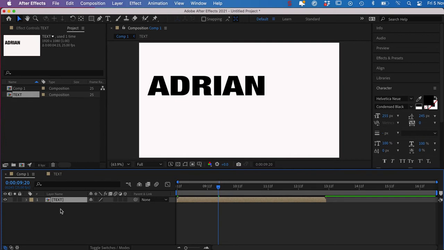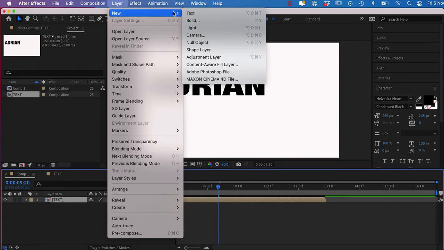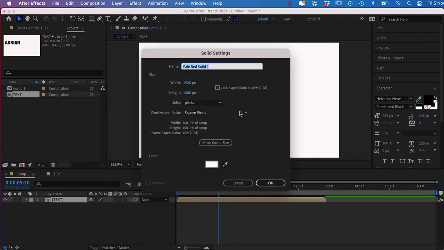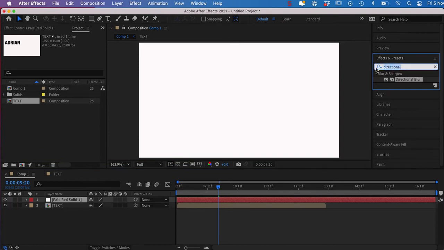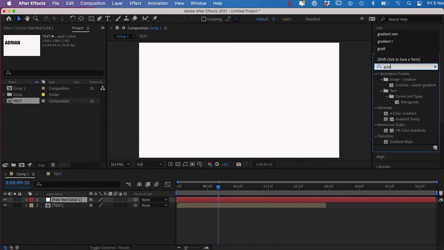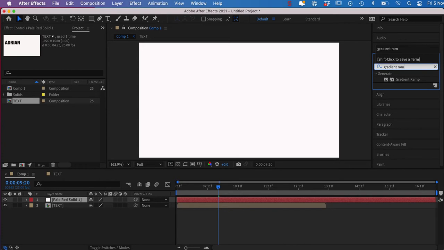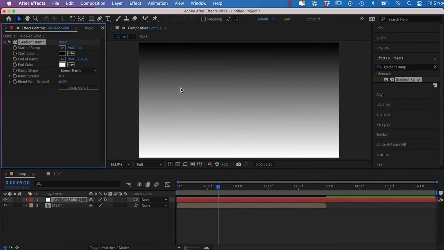So going back to the first composition, the next thing I'm going to do is add in a solid. So go Layer, New, Solid. Just going to choose white. And then what I'm going to do here is go to Effects, and I'm going to bring in something that's called a gradient ramp. Find that, and I can just drop it on there. It gives me my gradient,